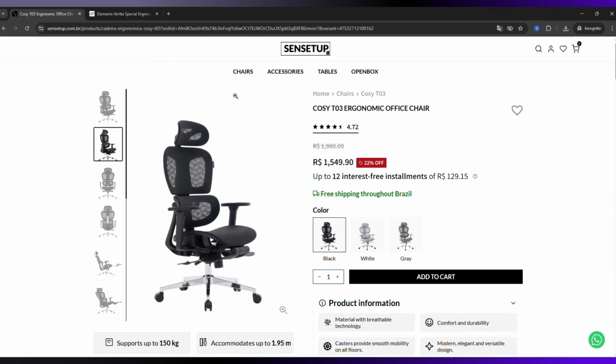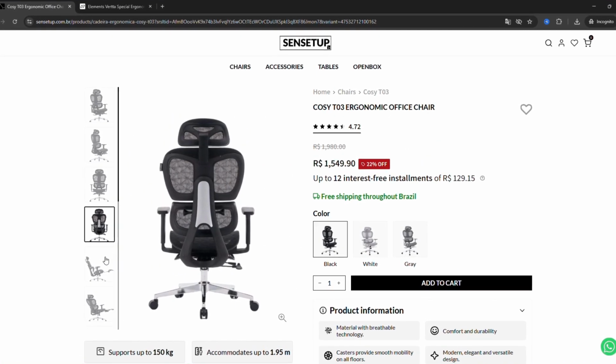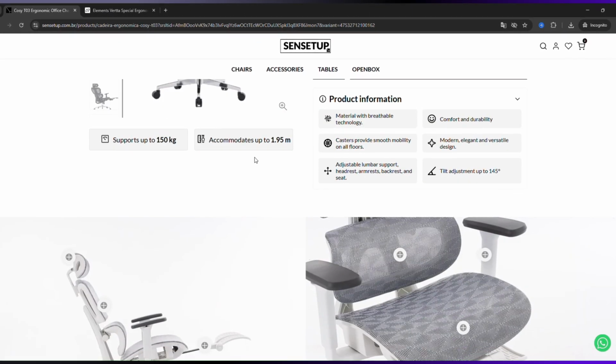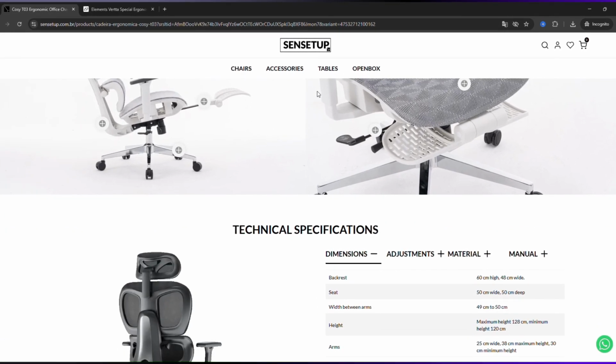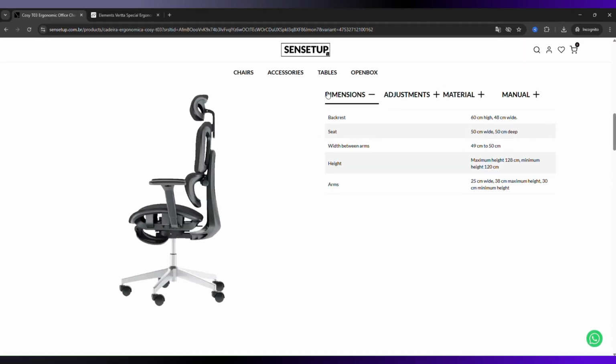The Cosy T03 is a fully ergonomic office chair with full mesh back and seat, adjustable lumbar support, 3D armrests, adjustable backrest angle with lock points, sliding seat, and a metal base, all aimed at giving you classic ergonomic comfort for long desk sessions. It supports up to around 125 kilograms and is designed and made in Taiwan with a